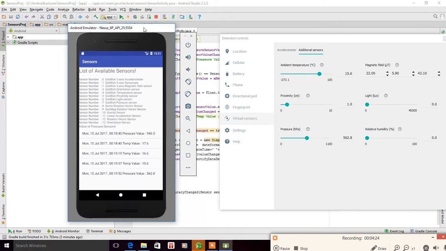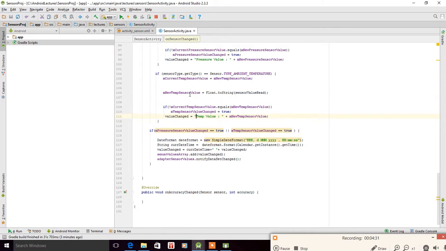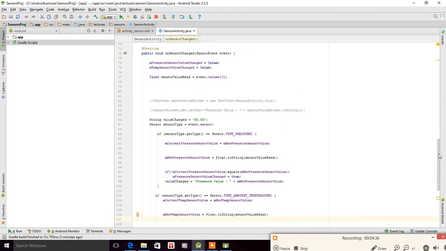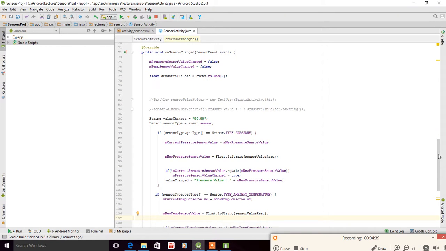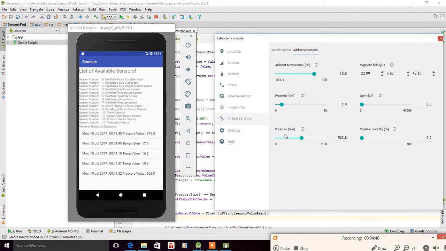The next is that we are going to use this as a client. We are going to have some code in our app here, in our main activity, sensor activity here, that is going to help us connect to this server. Then we are going to create a server in Java using Eclipse, and then from our emulator, we will change the values here. This value will appear here, the change value, and the change value will be sent to the server at the same time, and the server will then display it. Okay,